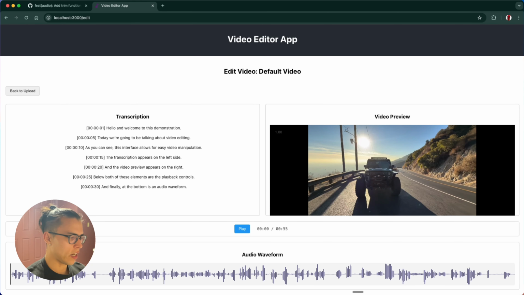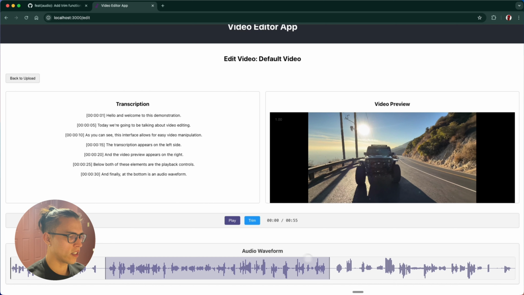In this video, we're going to continue on building our video editor app, and we're going to add a button so that when I select a region and say I wanted to cut this out from my final video, I can just click on this trim button and this region will now be cut out from my final video. In future videos, we'll actually implement the logic so that it actually does cut this region out from the video,